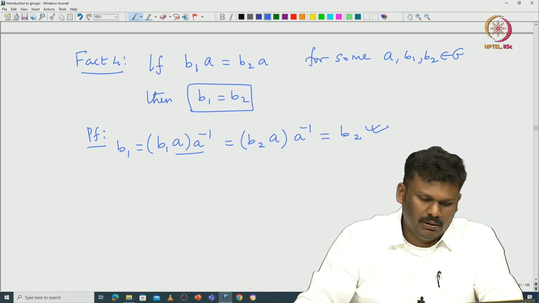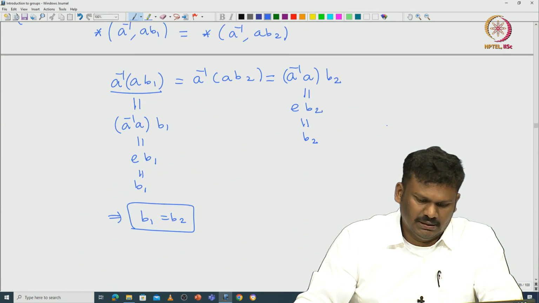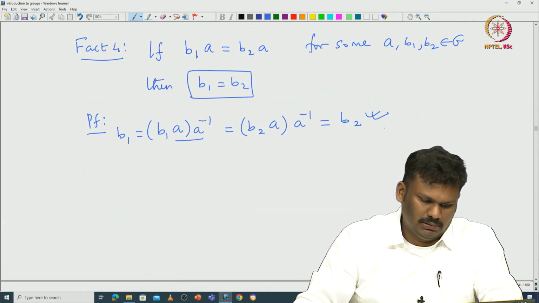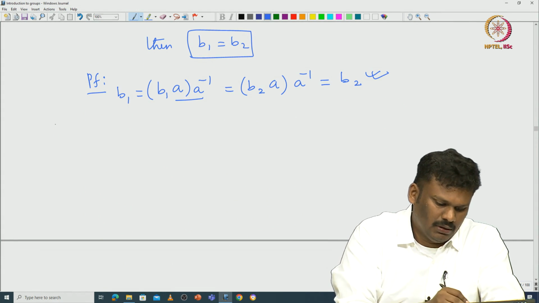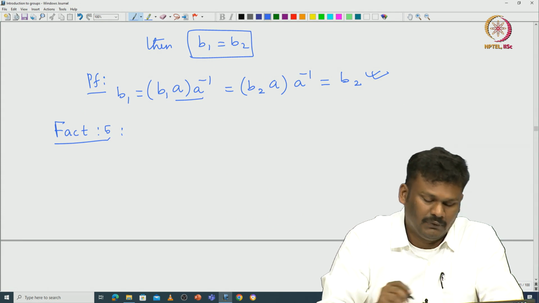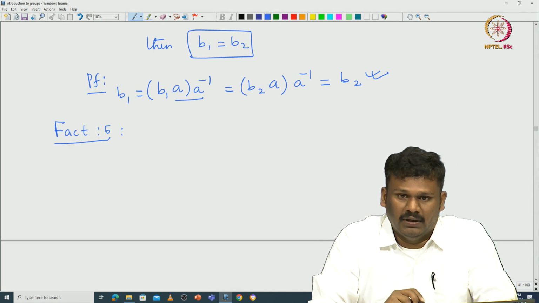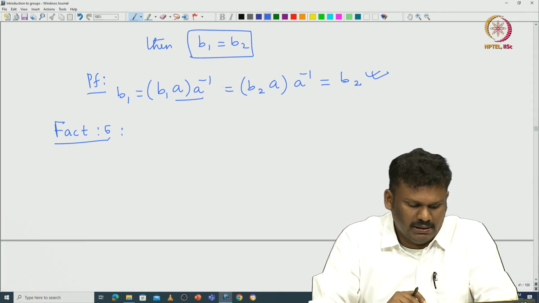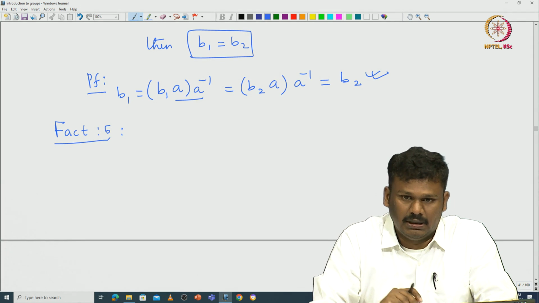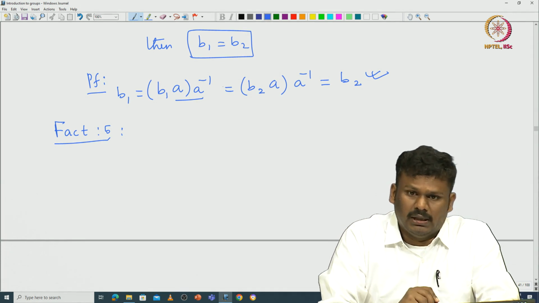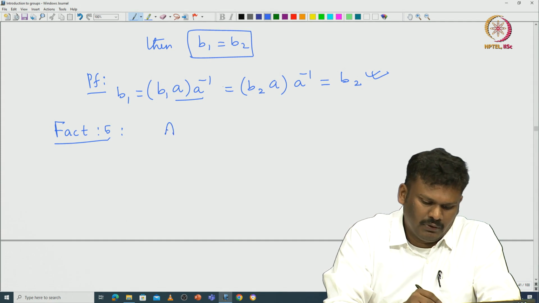Okay. So this is something about the cancellation. So now let us try to understand this associativity. So I already explained the consequence of associativity in the very first lecture when I introduced the set of all moves on the given Rubik's cube. So that is something I want to again emphasize here, in a very abstract sense, what it means. So recall, what is the associativity? So associativity says,